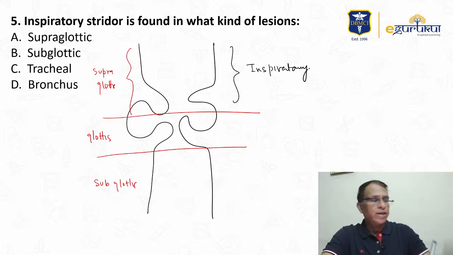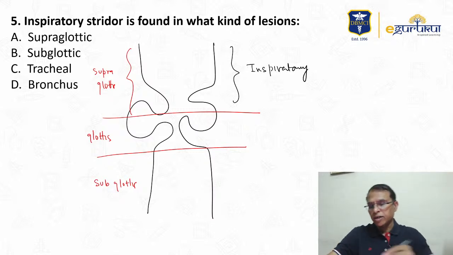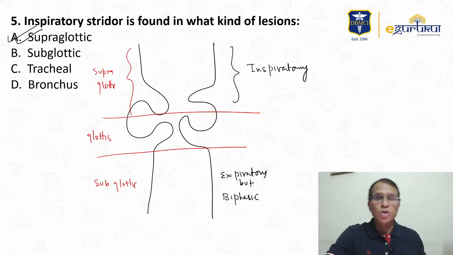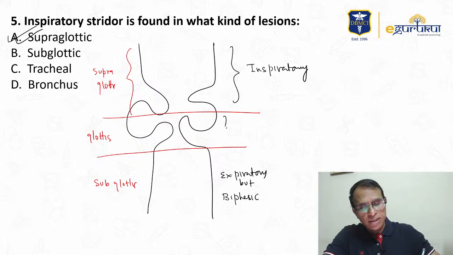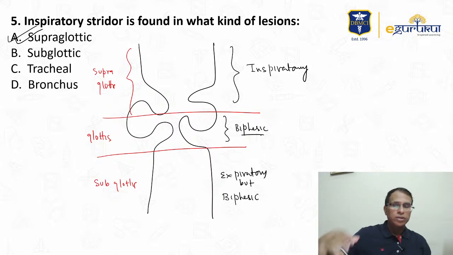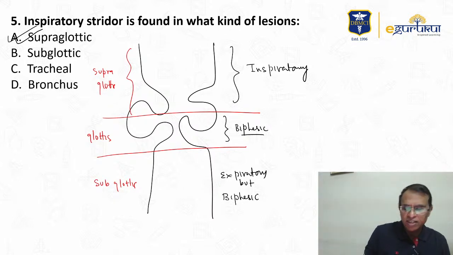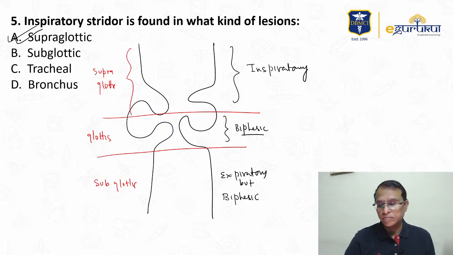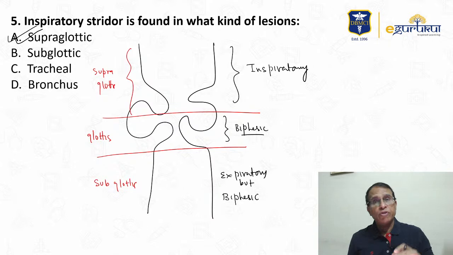So this is the question, and this is what most of you have said: inspiratory stridor, supraglottis. In subglottis, it is mainly expiratory stridor, but maybe biphasic also. Biphasic means both inspiration and expiration, and glottic disease causes biphasic stridor. So this is how you remember. Supraglottis is inspiratory, glottis is biphasic, subglottis is mainly expiratory, but maybe biphasic also. Right? So before we go to the next question,